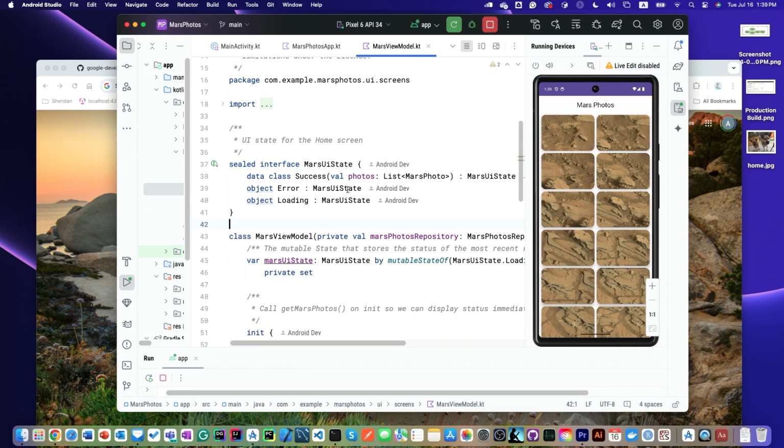They decided to do both. Why not? And it does make sense, because they call it Success. Success of what? Success of loading MarsUiState. They have Error, also error of the state, right? And Loading state. They have objects